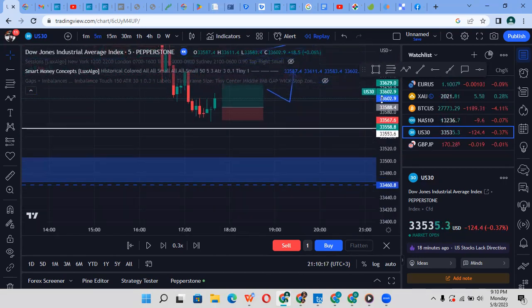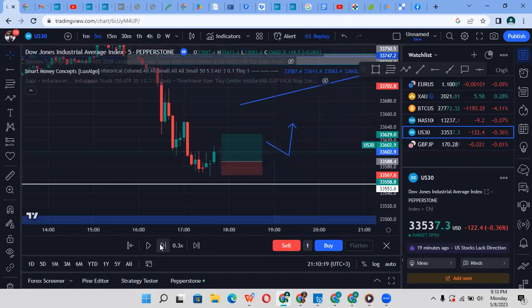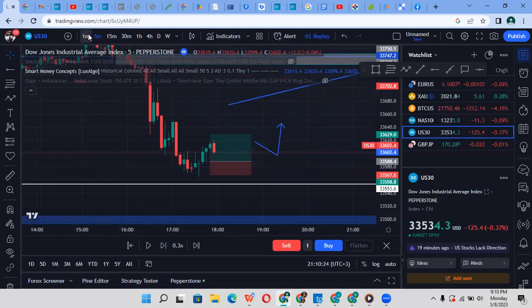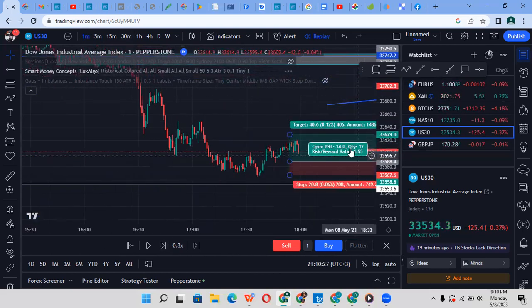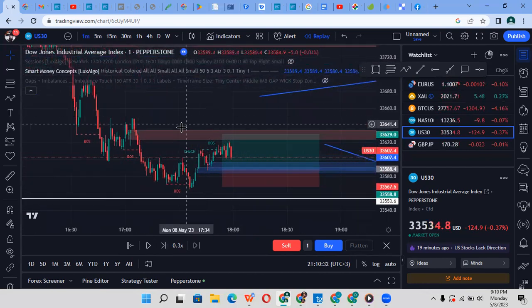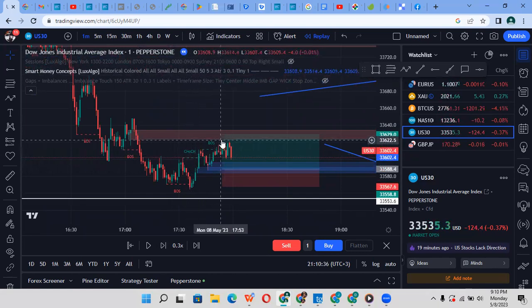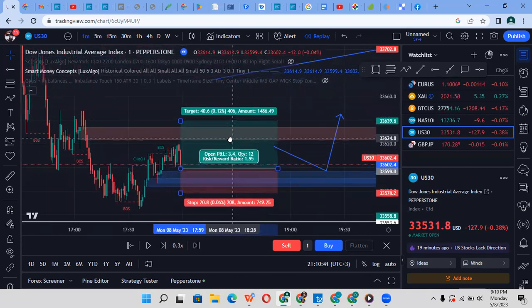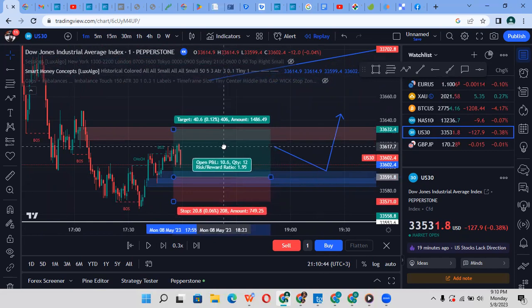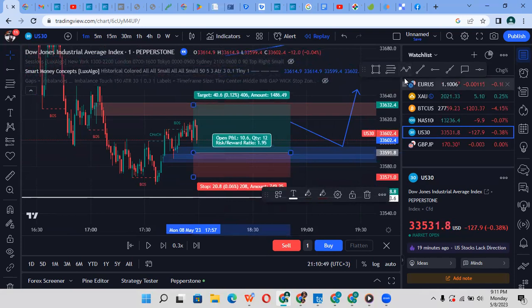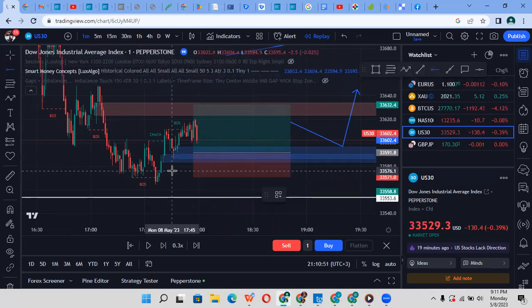So if you just fast forward this, you go to the 1 minute time frame. Okay, the 1 minute time frame, you can see I have a change of character and I have a break of structure. So my area of interest will be here, okay, here on this zone. Or the other area of interest will actually be here on this